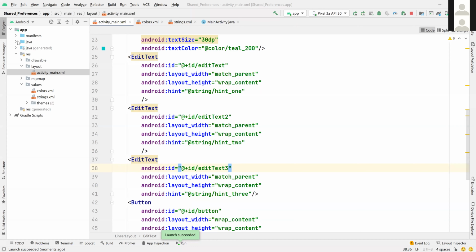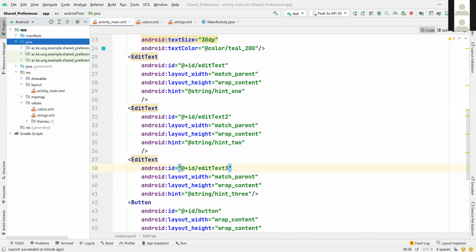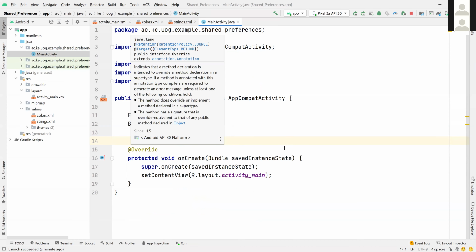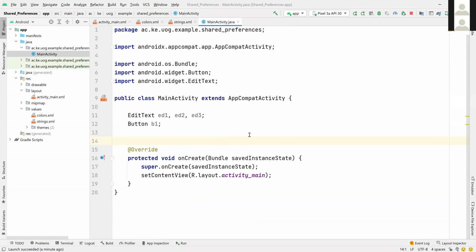So going to my Java code here, main activity. I've already defined the variables that will store the values. Then I also defined the keys. Remember we said we are using shared preference. Shared preference works with keys and values. So those are the keys that we are defining: public,